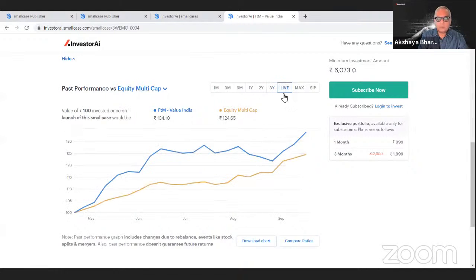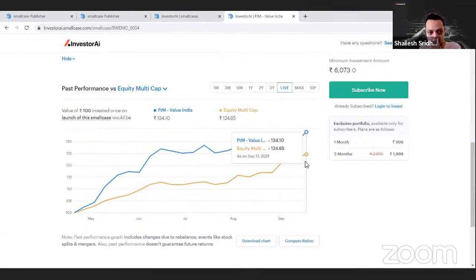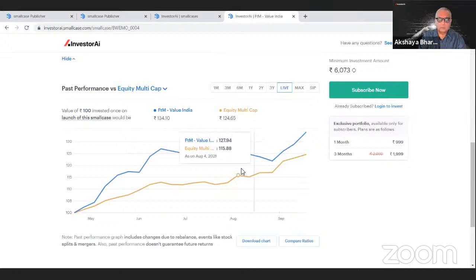Yeah. So first I'll speak about live. Live is the date when we started publishing our results directly onto the Smallcase website on a live basis. So they started real-time performance tracking, with the same rebalance and same rules that you have been seeing, the same thing we have been updating since April 20. Performance is being compared against the multi-cap index. Over the last 5 months, the index has gone up 25%, but the value portfolio has gone up 34%. So that's live.